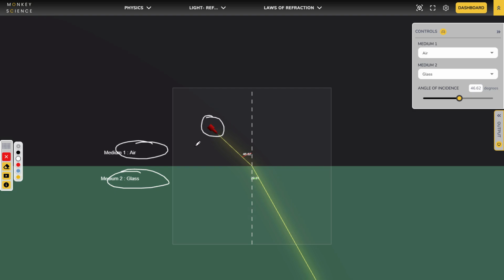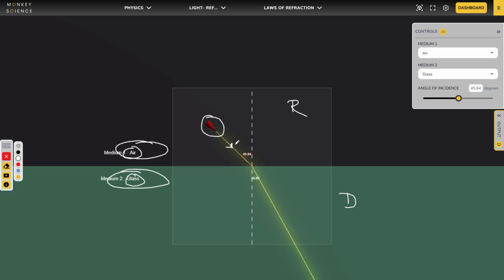Now, we see the laser is traveling from air to glass. That means our rarer medium is on top and a denser medium is down. So when light travels from rarer to denser medium, it bends towards the normal. What does it mean? So when the light coming out from the laser light, we call this as the incident